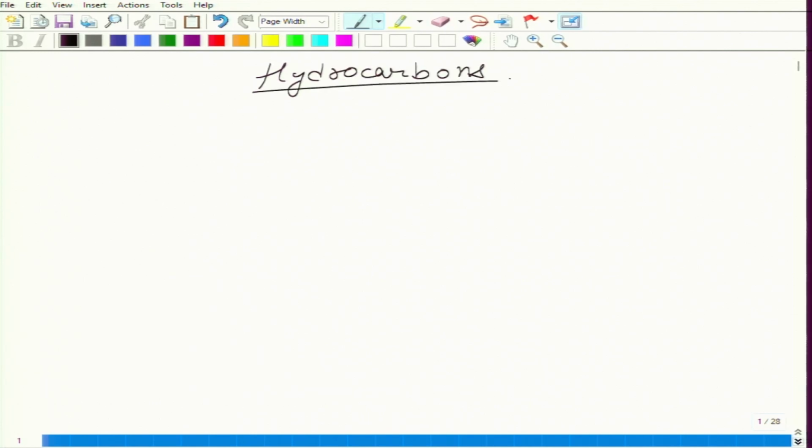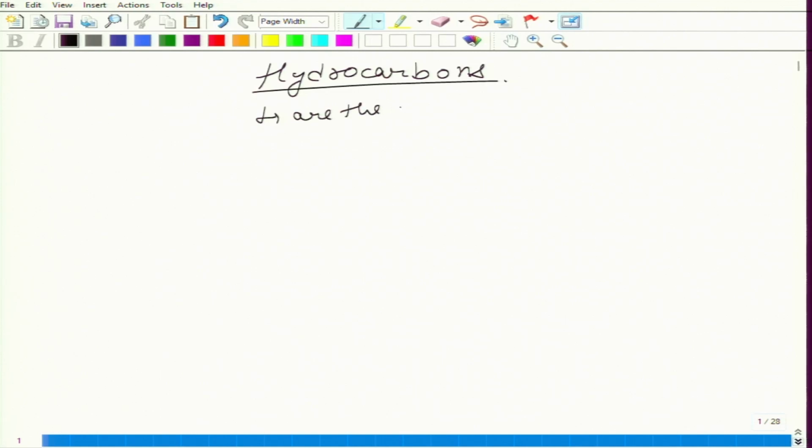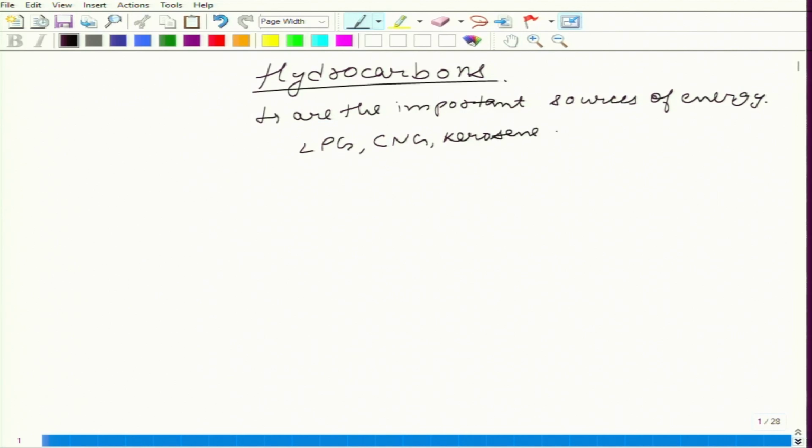Hydrocarbons. First, why do we need to study this topic, what does this topic mean, and what are its daily uses in our life? Hydrocarbons are important sources of energy. For example, LPG that we use in our daily household for cooking purposes, CNG which we use as fuel, and kerosene oil. These are a few examples of the mixtures of hydrocarbons which we use in our daily life as important sources